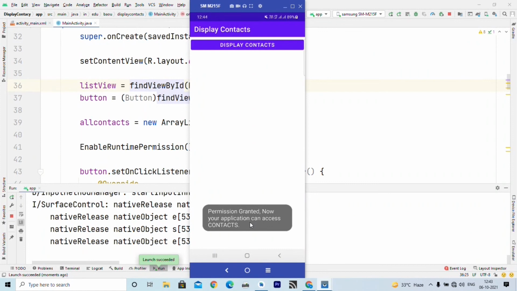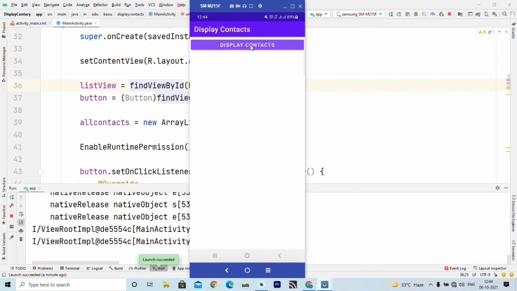So we display permission granted. Now your application can access contacts, and when I click on this display contacts, it will fetch all the contacts from my phone and display it on screen. So I am clicking on display contacts.